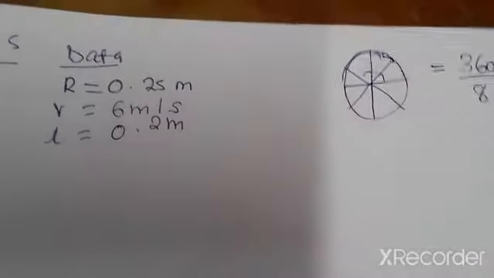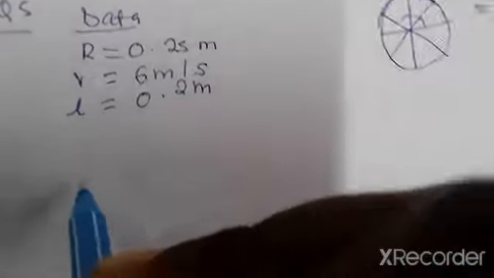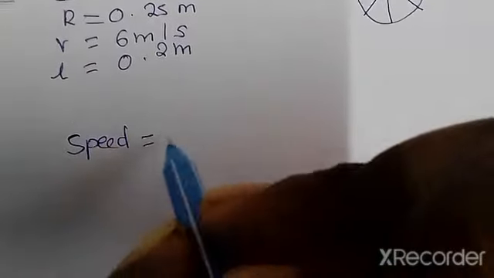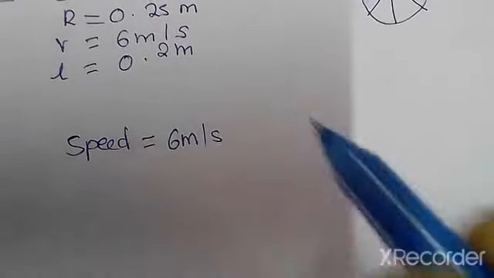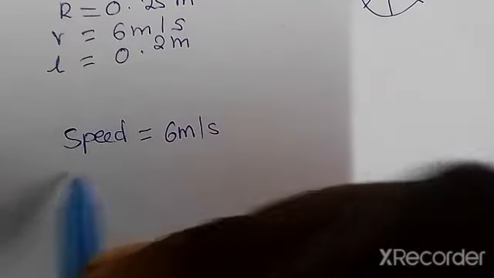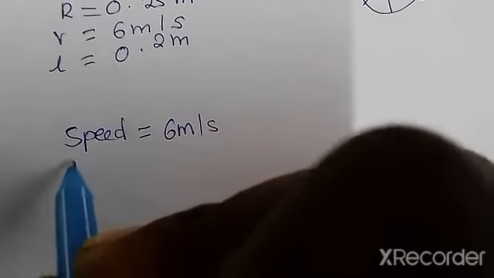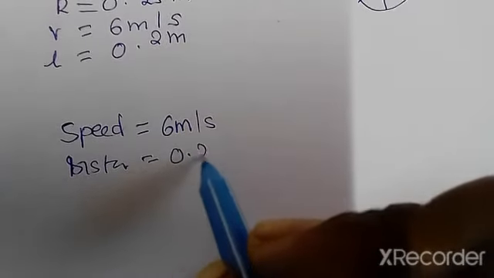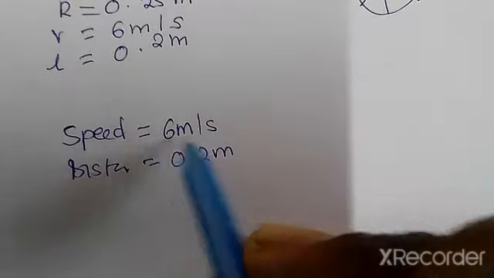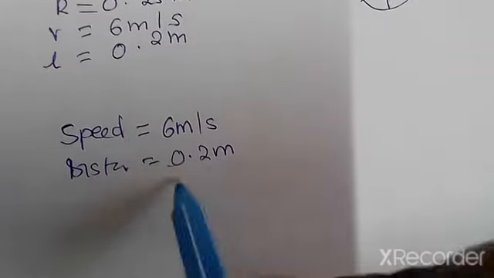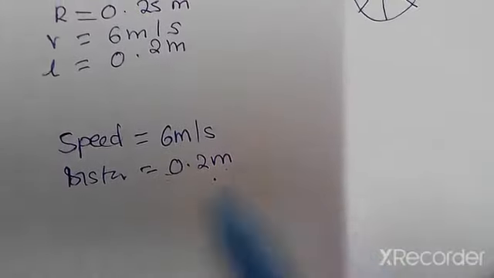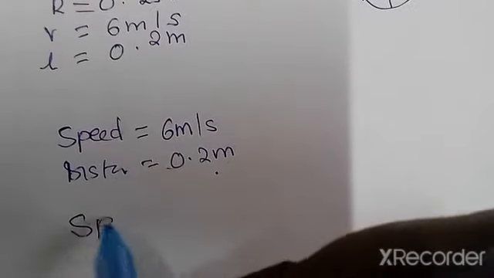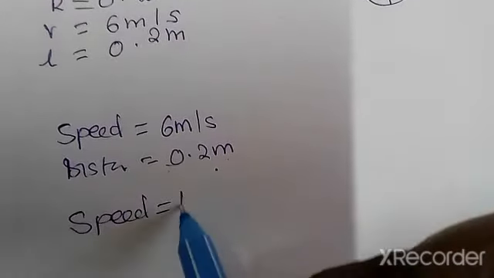So the speed of the arrow, we've been told in the question, is equal to 6 meters per second. And then the length of the arrow, which is like the distance, is equal to 0.2 meters. So if it's moving like this, it's going to have to cover this distance at this speed. So we can use the equation for speed, which is speed is equal to distance